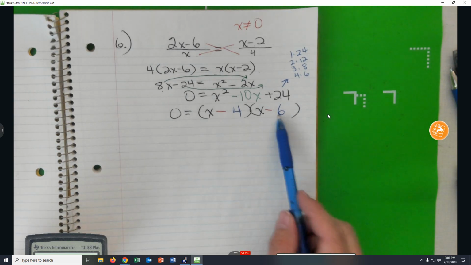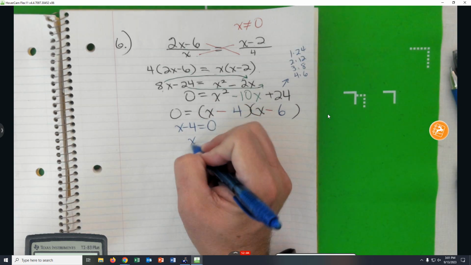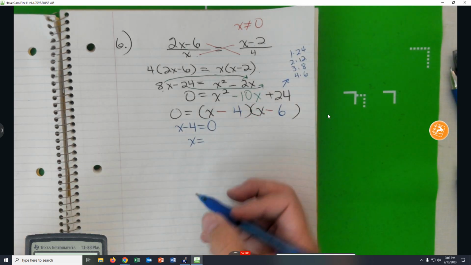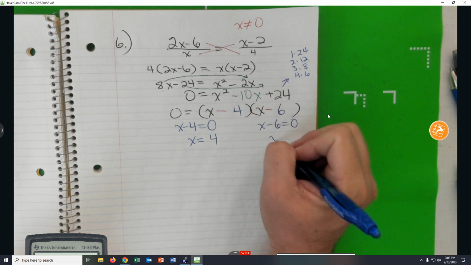And set each factor equal to 0 to give us x equals